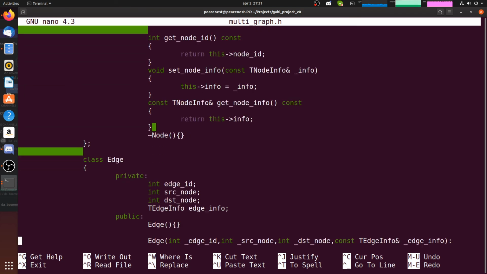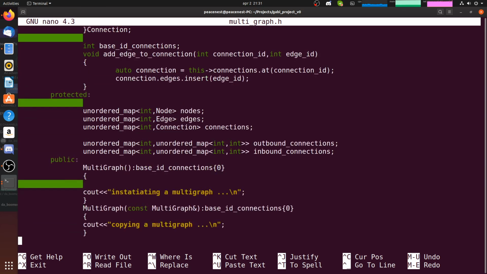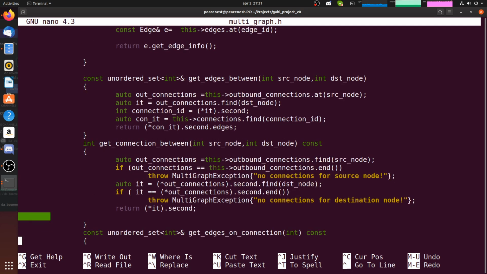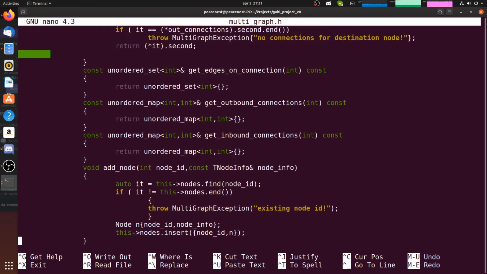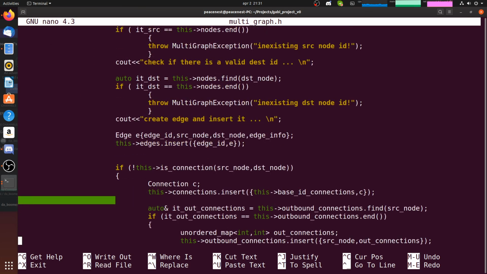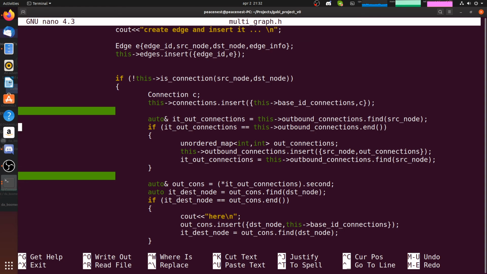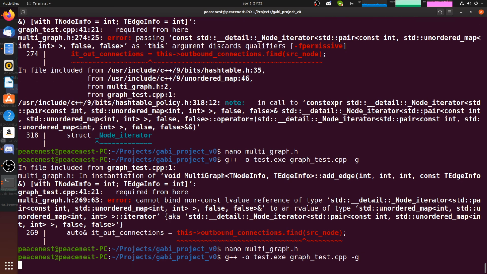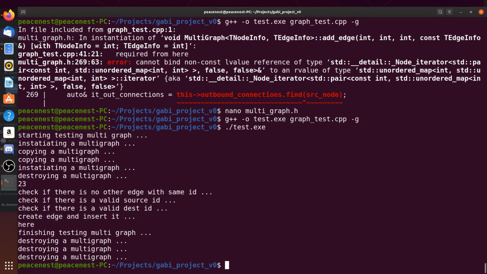Okay, so that's wrong. Yeah, but the other one should work just fine. So this, I don't need it here, but I do need the other one as a reference, I guess, because outcons should be modified, right? So okay, that was it, right,